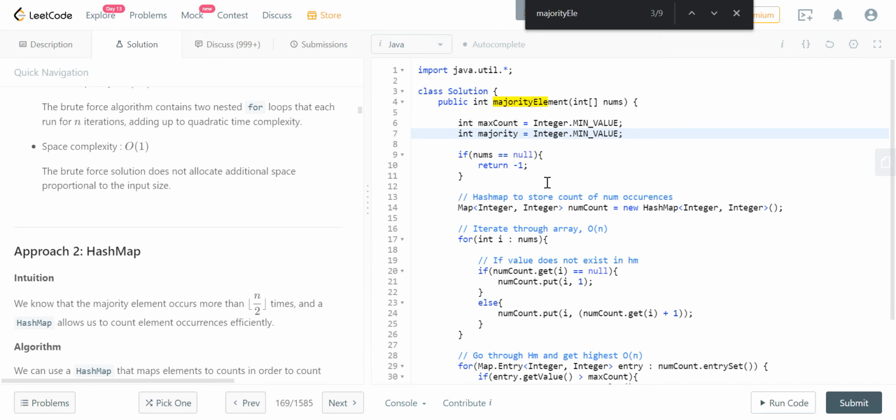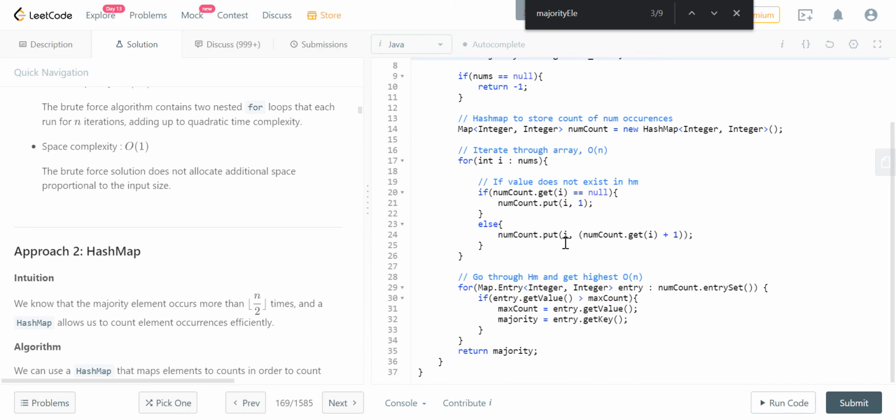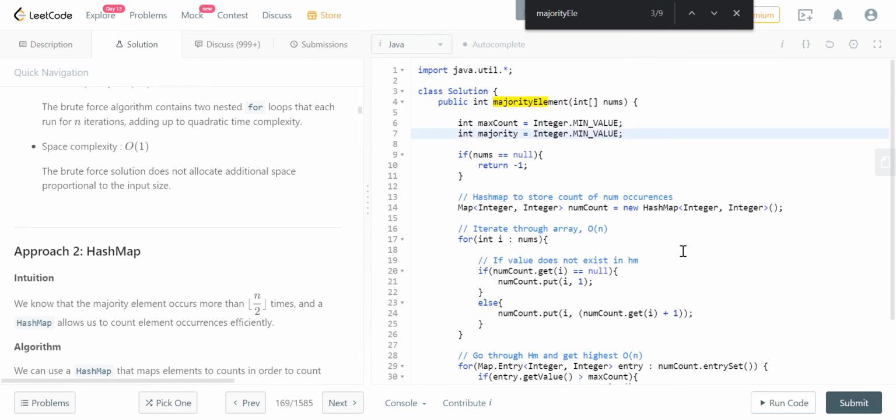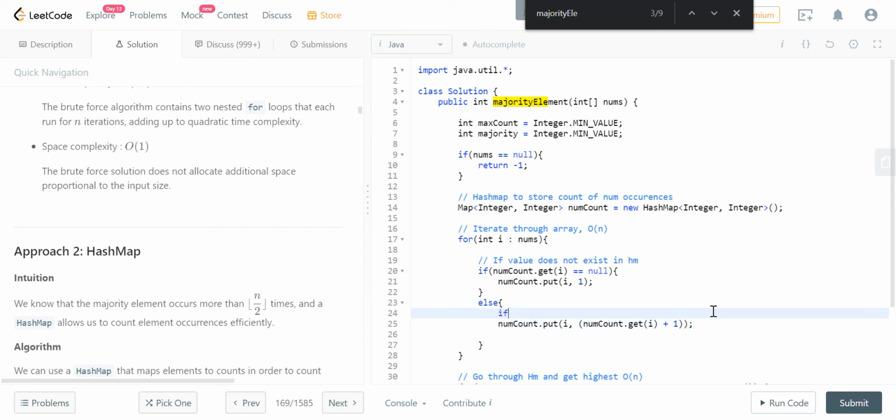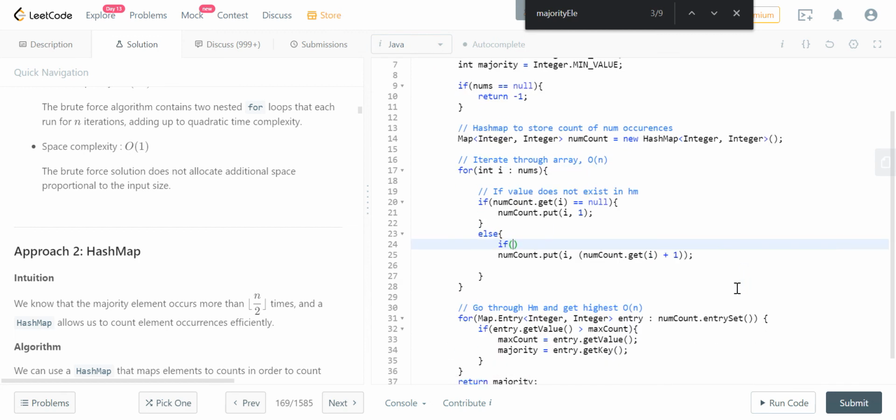I'm kind of happy with the hash map thing, but yeah, it's true. We don't need to traverse through all of them. So here's what we're going to do. Yeah, we did go through this logic, right? Which is pretty stupid because we went through this, but we didn't think like this. If one of the counts crosses n by 2, we already have our majority element. So if